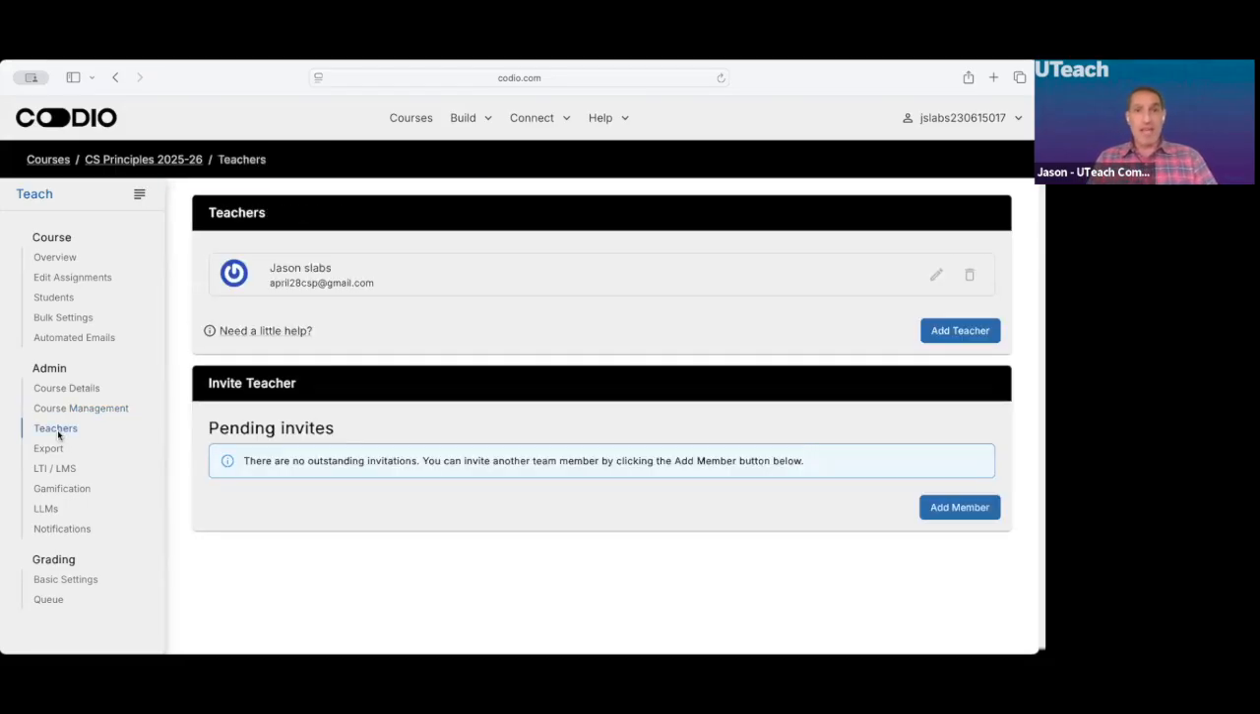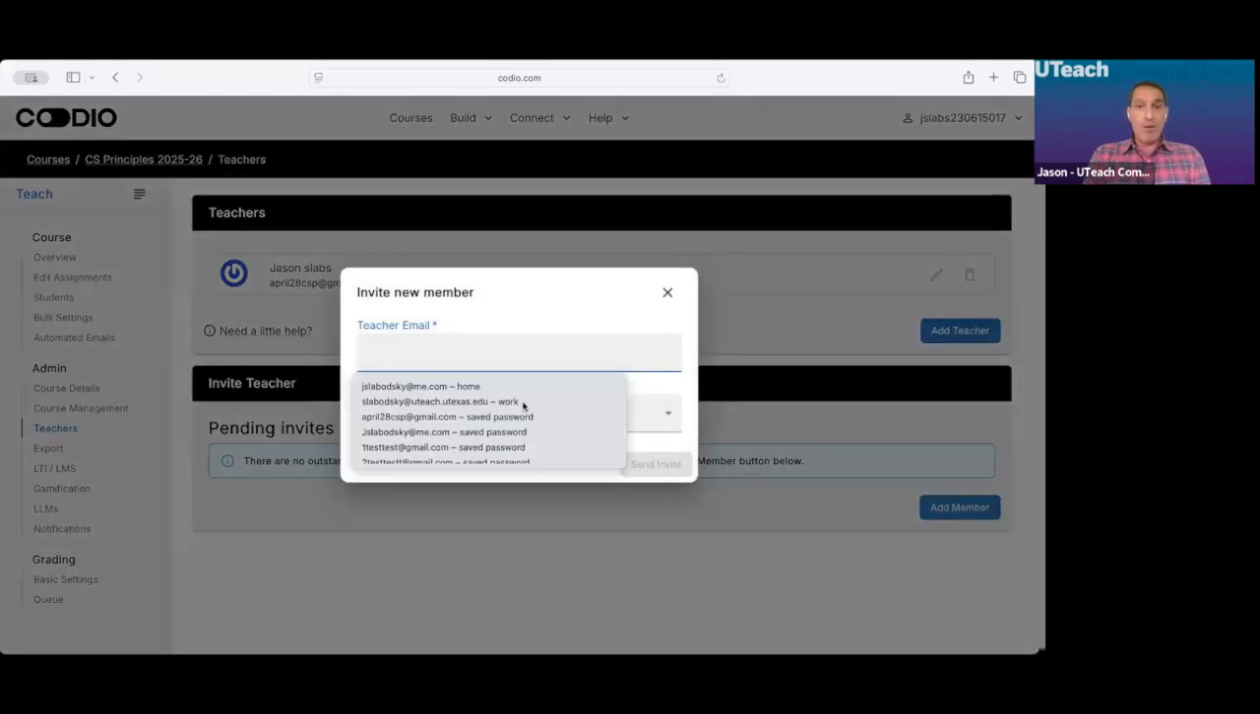The Teachers tab. This is important. If you want to add a co-teacher, an aide, a TA, or someone who's going to be helping you in the classroom, or even an administrator, so they have access to your curriculum, here's where you would do it. You would just go to where it says Invite Teacher and click Add Member, and you would just put their